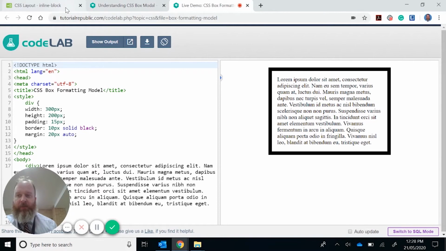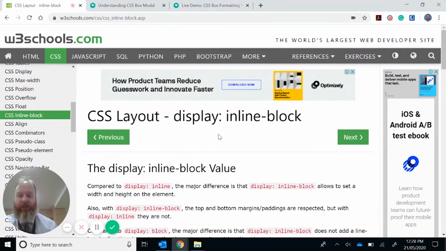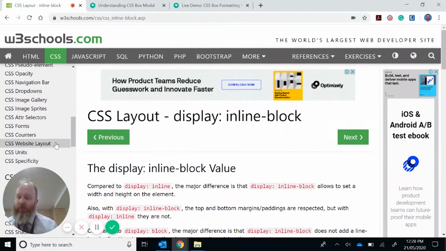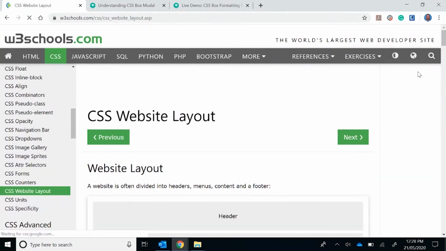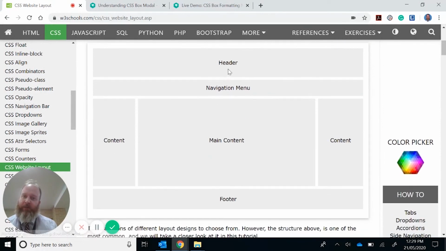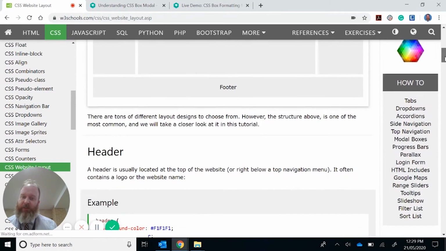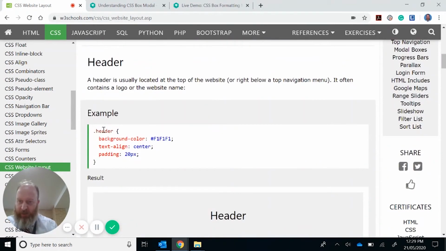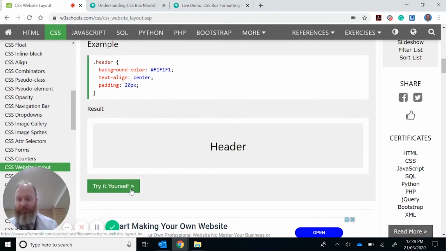Okay, so for example, if we go to CSS layout and W3 Schools, and we go to website layout here, you can see here they've got an example of a website broken up into a header, navigation, and so on. Each one of these would have a name. So for example, we can have a class called header, and inside there we can specify the details. So if we look at that code,